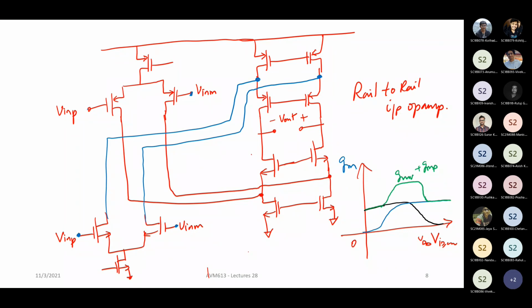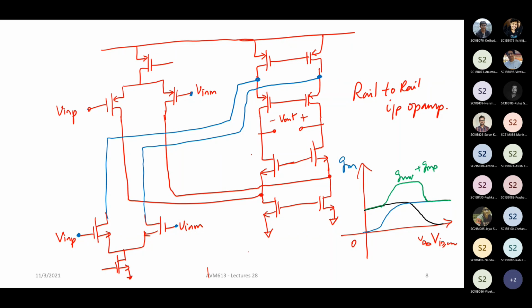Those techniques are there, which we probably will not go into much. There is what is called a 3x current mirror based rail to rail op amp, and there are other techniques also where they try to ensure that the GM is constant over the entire input common mode voltage range. But for this circuit that we see, in many cases they don't do all those things. But there are many cases where they do that kind of GM equalization.